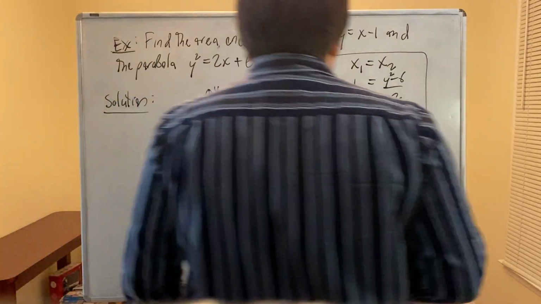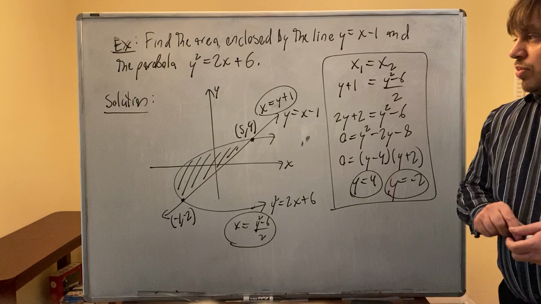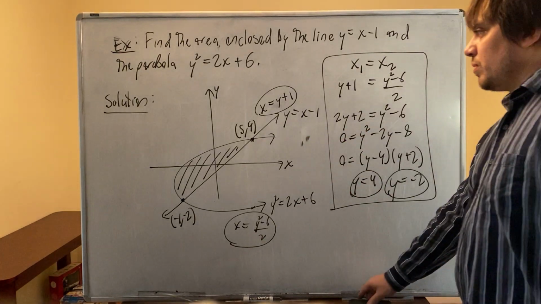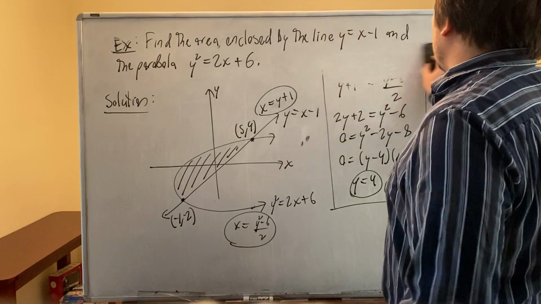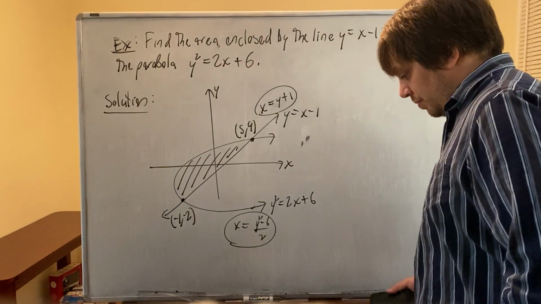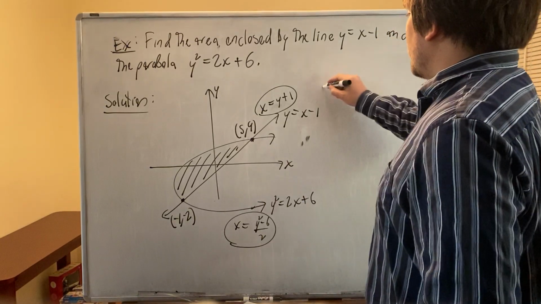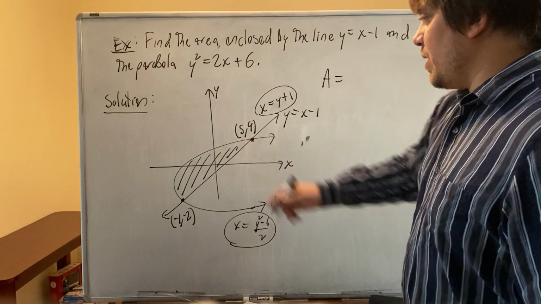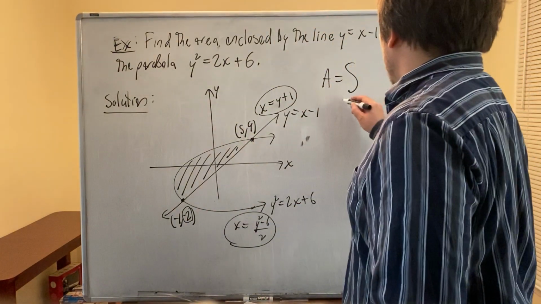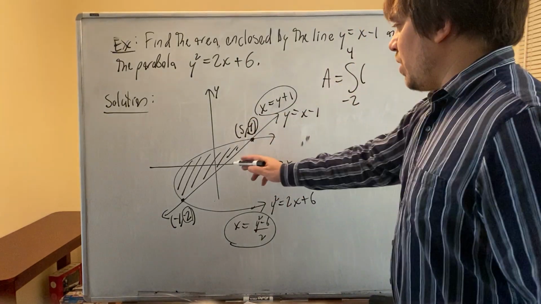Okay, good. All right, so now we found those two intersection points. Next, let's find the area of that shaded region. Okay, good. So capital A is equal to the area of that shaded region, and it's equal to the definite integral from this y value, negative 2, to this y value, 4, of the right function,